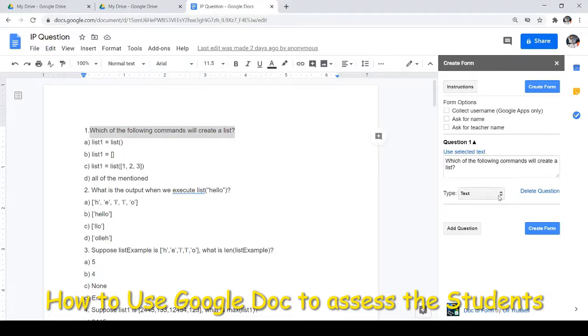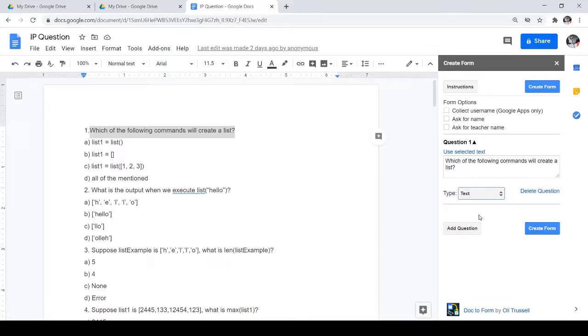Then in Type, we have many options like paragraph, multiple choice, checkbox, choose from a list. You can create your question with a text type answer, a paragraph type, or a quiz with multiple choice. You can also use checkbox, or a drop down list. For sampling I am just using multiple choice.